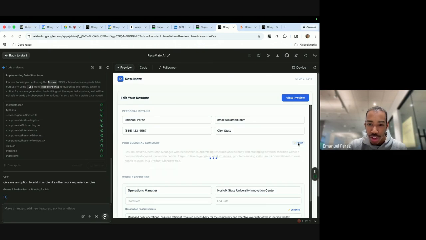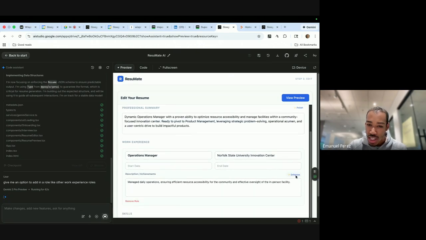So if I hit polish here, it should spruce up the wording. Boom. I guess enhance should be able to do the exact same thing. So it's a pretty basic description that I gave out earlier. All right, so looks like we've got better adjectives than last time, which is nice.